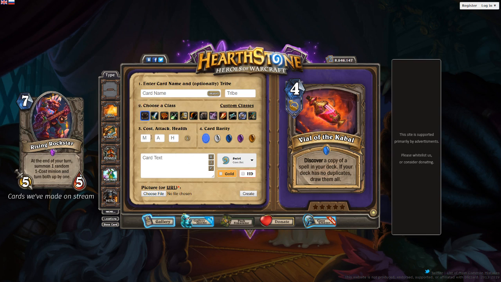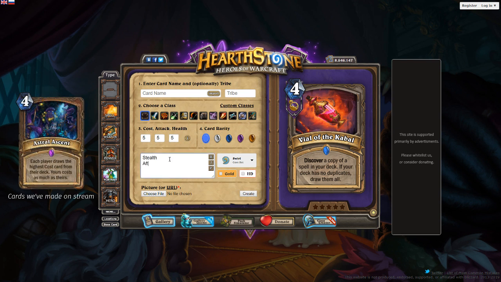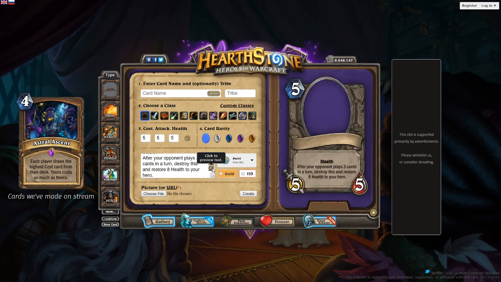I have a goofy card. A 5-mana 5/5 with stealth. After your opponent plays 3 cards in a turn, destroy this and restore 8 health to your hero. That's a big text box. But the idea is that